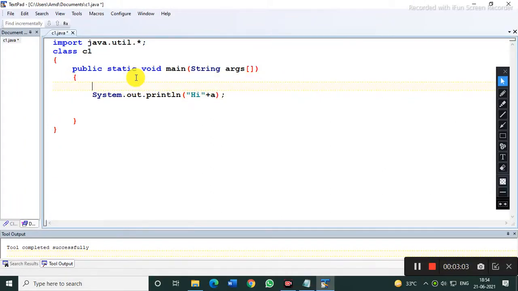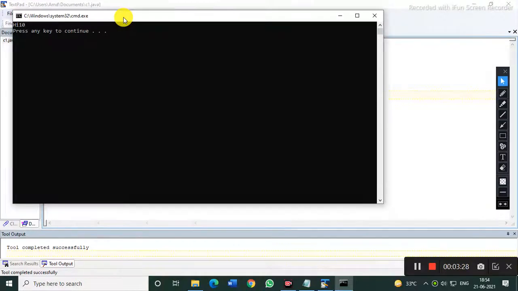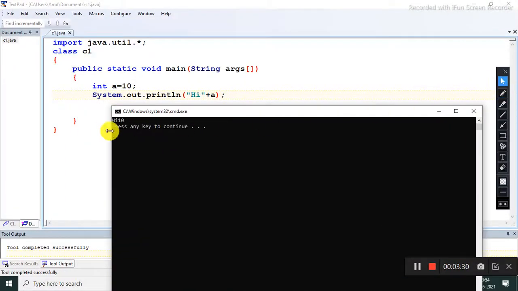Here is a variable, and it can be of any type, like integer, double, float, char. You will get the message first, followed by the value, as you can see in the output. So here we are printing the message hi, followed by the integer value.